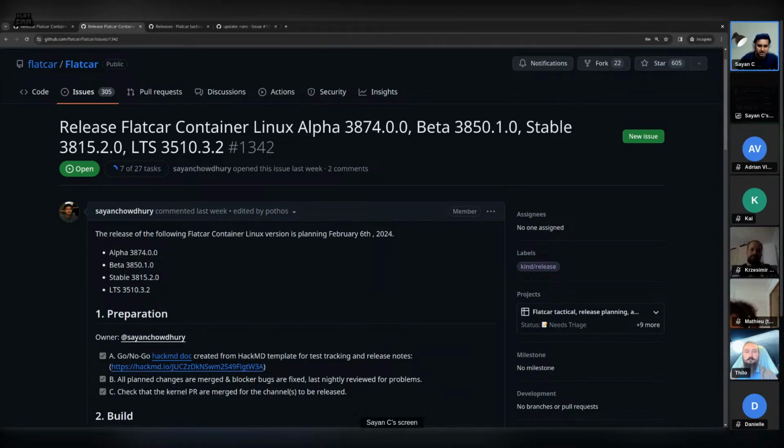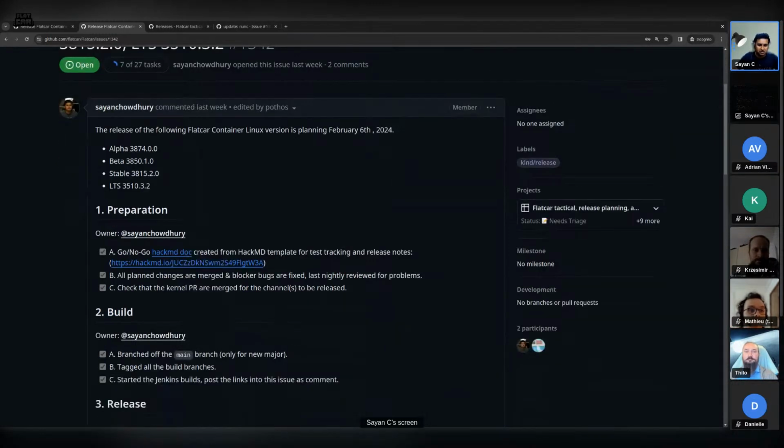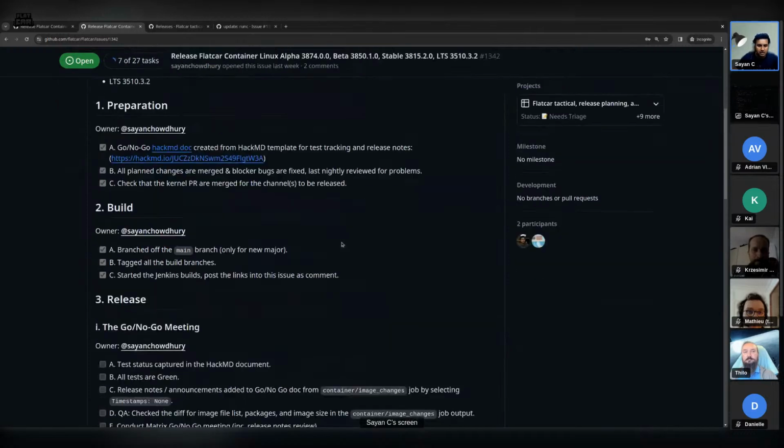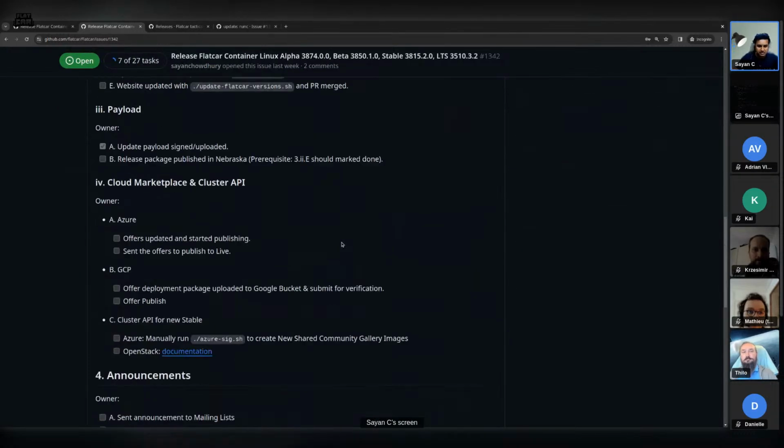Once everything is done, we will do a go/no-go and prepare for the release. So expect somewhere tomorrow. Today, if we are done, we will start the process at least, or we can close up by tomorrow. So that's the status of the current releases.